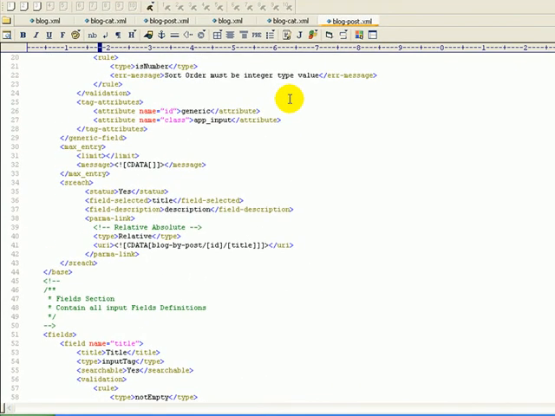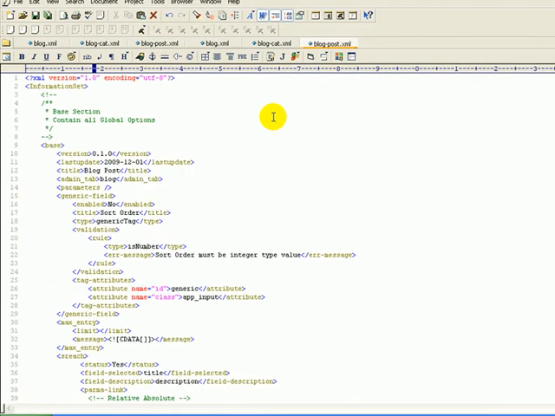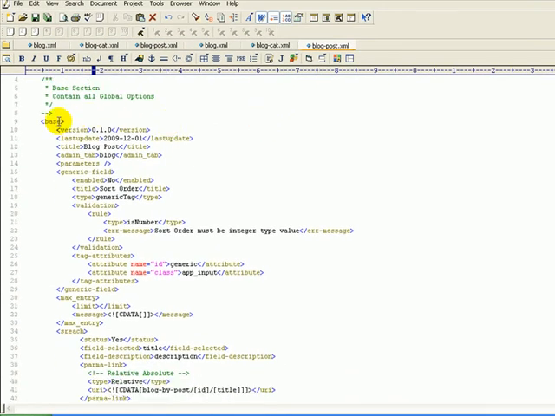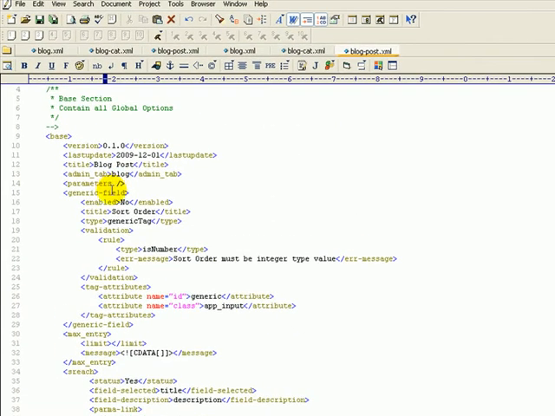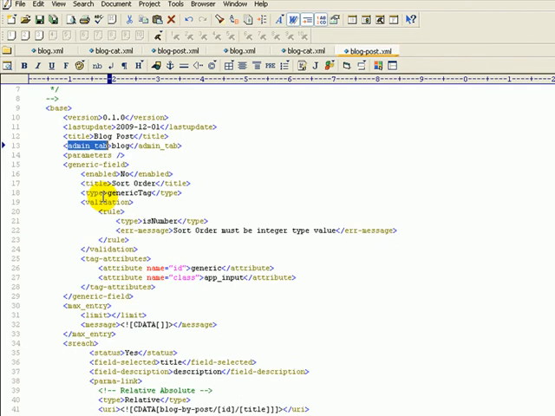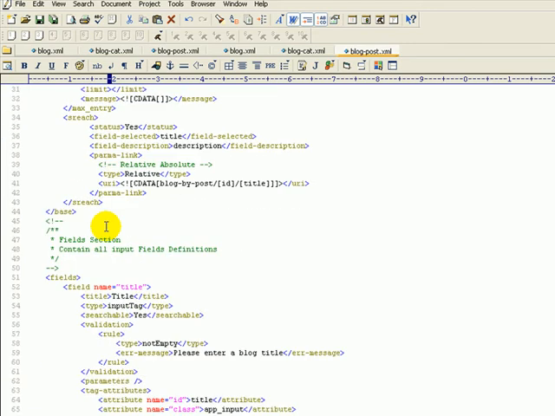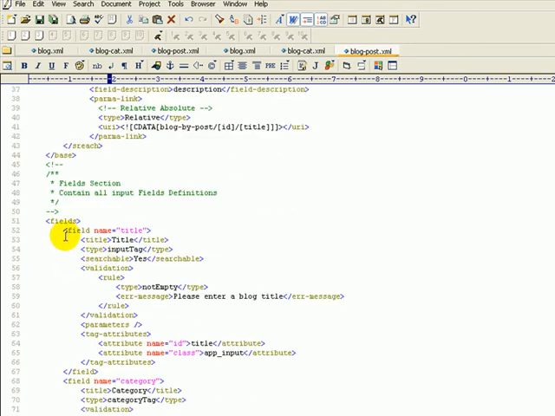Each information set definition is divided into two parts. One is the base part, another one is fields. In the base part, we have some common information like title, the admin tab where the data process interface will render, generic field, searchable, and we can add validations here. In fields, we can add